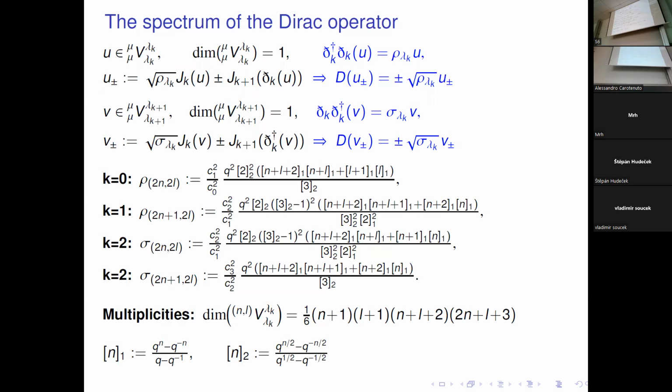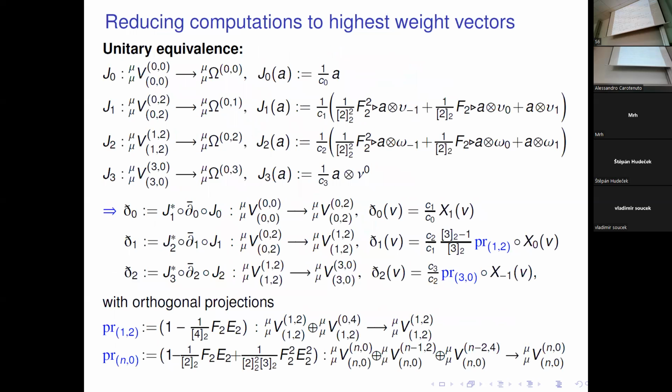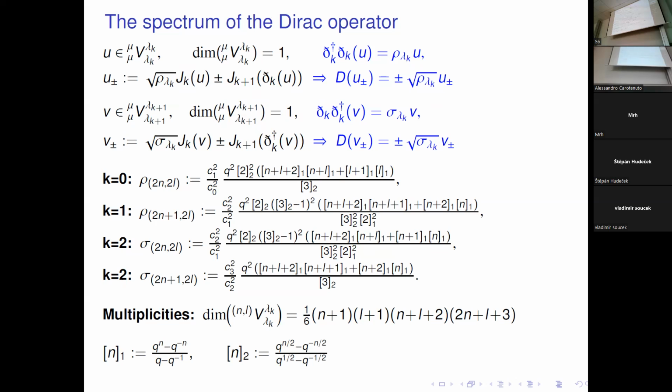And then just by decomposition, we get the eigenvectors of the Dirac operator, where some vector from a two-dimensional highest weight space is involved, but we don't care because we just take the action of the operator, so we get an eigenvalue. And the same we do again with the other highest weight vectors. And here's a list of the